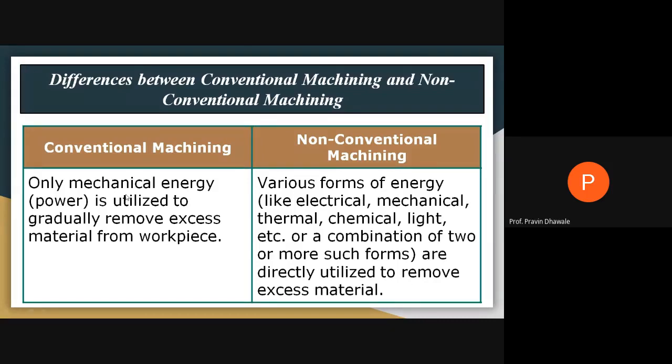If you are considering the conventional machining process, where we use only mechanical energy, that is power, which is utilized to remove the excess material from the workpiece. Means